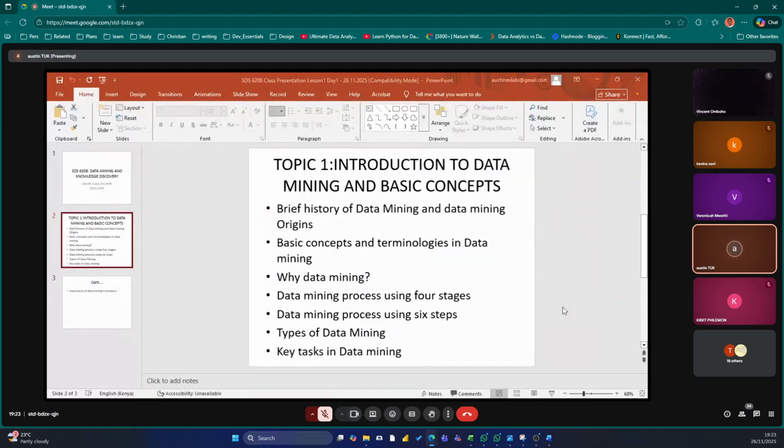Another term is operational data store. In the context of data warehouse, it is also called ODS in short, as some books use the short form.